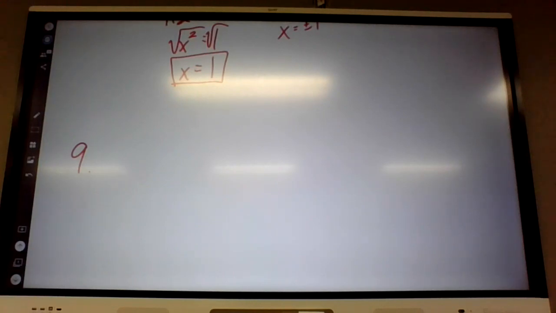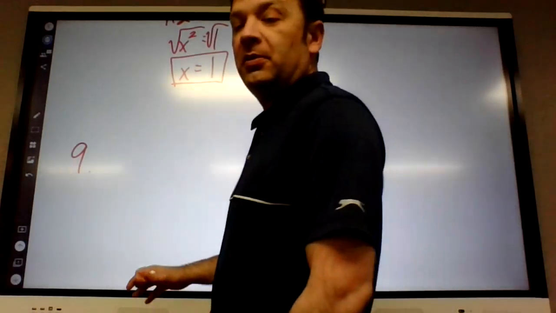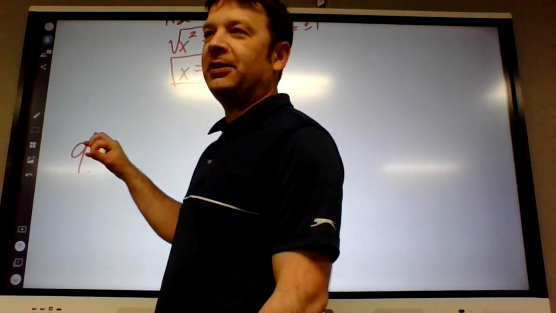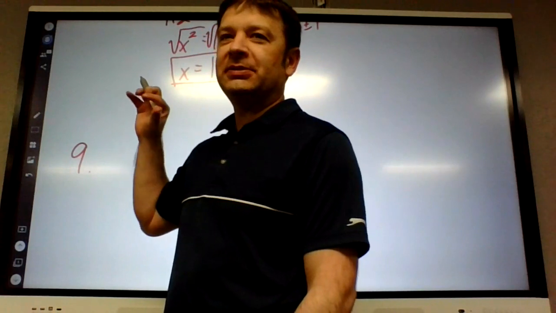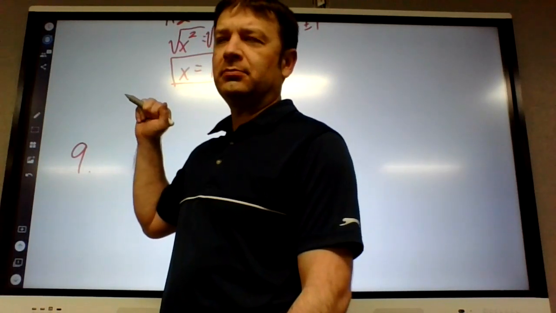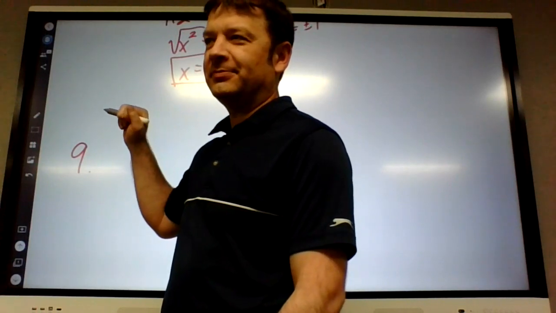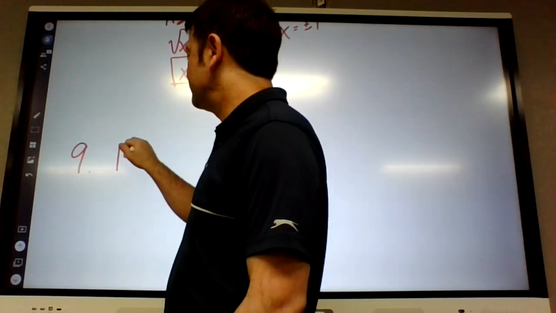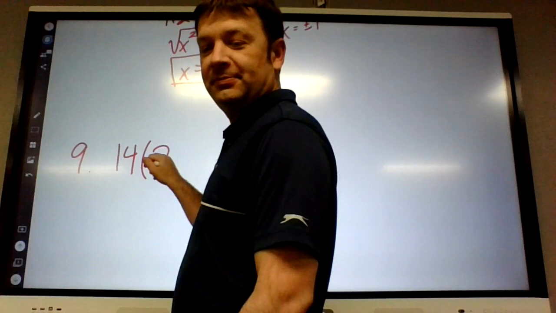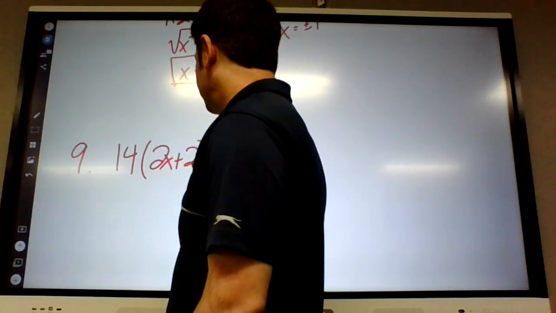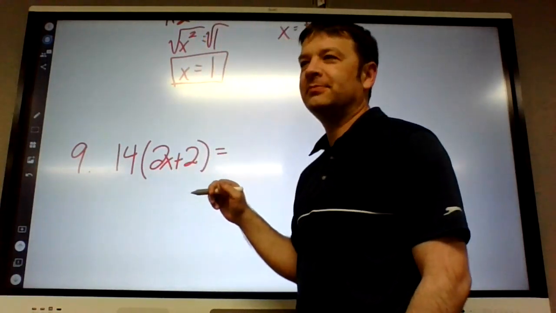Did we just do 9? Nope, we did 8. Okay. Number 9, how was that set up? It's just like number 5. How do we do it? Okay. 14, and then in parentheses, 2x plus 2, and close your parentheses. And then equals